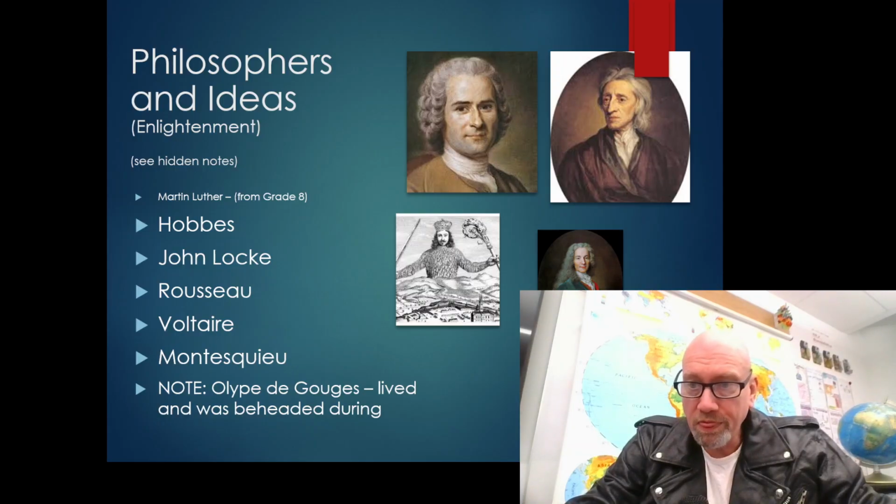Where John Locke thought that people had the right to liberty, property. They had fundamental rights or natural rights: life, liberty, and property were your fundamental rights or your natural rights that you should have. And the whole purpose of government was to protect your rights to life, liberty, and property in something called a social contract. And if the government is not doing their job to protect your life, liberty, and property, they're in breach of their contract. And if they're also being a tyrant, then you have the right to revolt.